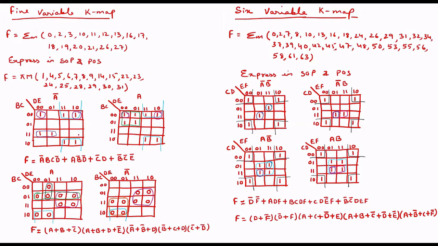Now let us see how to take out the equation from this. Starting with this pair, what I am finding is A complement is common, so I am taking A complement, then B C, and then finally from the top D complement for this pair. Next, coming to this quad, I am finding A is common. So for this graph A is coming into picture, then from here B complement, and from here D complement is common. So 2 minterms I got.